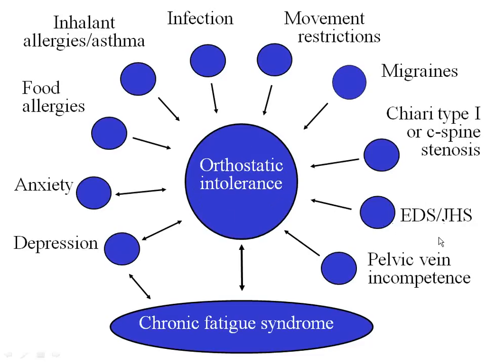We mentioned the Ehlers Danlos Syndrome issues, and some women who have chronic pelvic pain that's worse when they're standing have varicose veins in the ovarian vein distribution in a condition called either pelvic congestion syndrome or pelvic vein incompetence. And if that's treated, you often will see clinically improvement in orthostatic intolerance. These aren't the only comorbid conditions, but they're important to address.